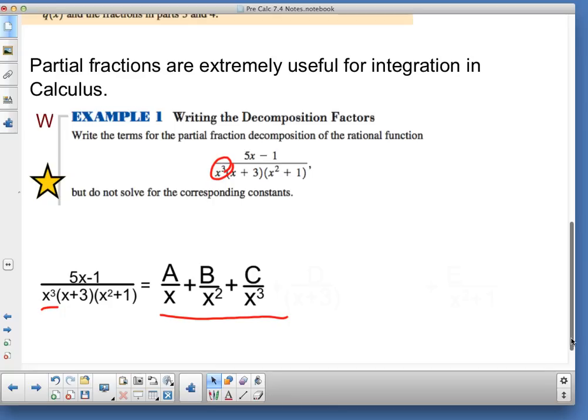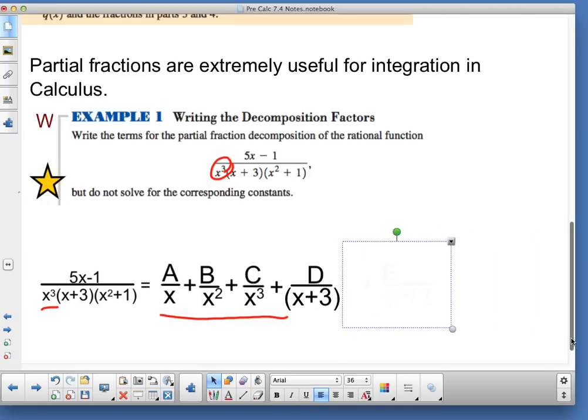Now, I've taken care of the repetitive nature of that factor. And the next thing I'm dealing with is x plus 3. Okay, and again, another linear factor. So I just have a constant on top, and I only do it once because it's not squared, cubed, or to the fourth or whatever. It's just the first power. And now I have an irreducible quadratic factor to deal with. When I do that, I recall the fact that my power on my numerator has to be 1 less than the power in the denominator. Since it's x squared, it's a quadratic. The denominator has a quadratic, the numerator has to have a linear factor, and my linear factor takes the shape of,